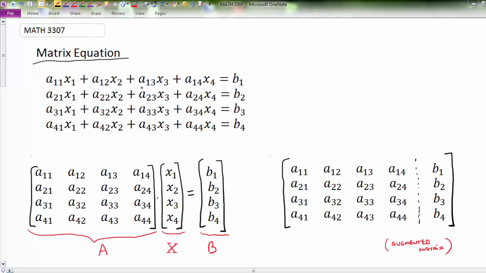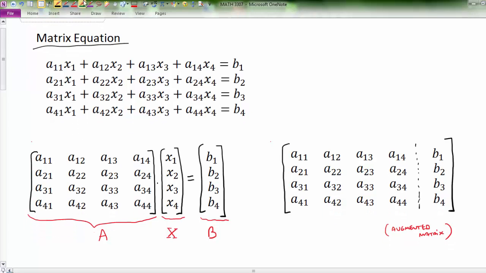A matrix equation is simply an equation made of matrices, and a linear system is an example of a matrix equation, because a system like this one, a 4x4 system, 4 equations and 4 variables, can be written as this matrix equation. And if you remember how we do multiplication of matrices, right, when